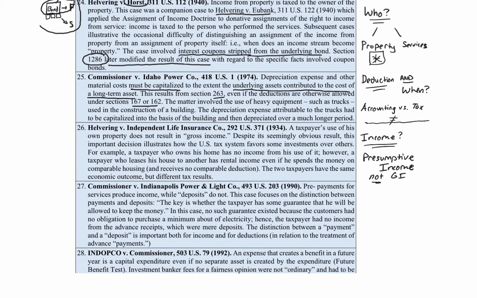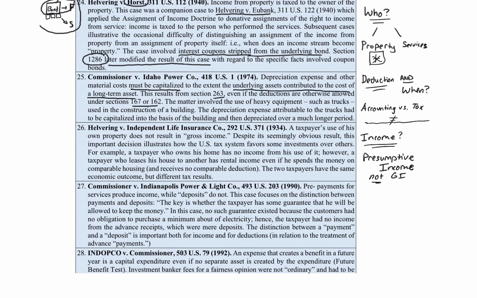Okay? So in determining if something is gross income, we use Glenshaw Glass. We go through the three elements. I'm telling you that presumptive income is not in there. Why is presumptive income not in there? The main reason is it's administratively inconvenient for both the taxpayer and the IRS. Think about all the things that you could pay someone to do that you would have to take into account. Hey, right? I mowed my grass today. I have to record that as income on my tax return. Some countries in the past recorded this in their income. The UK, they used to record this. And they'd have a huge exemption amount each year.